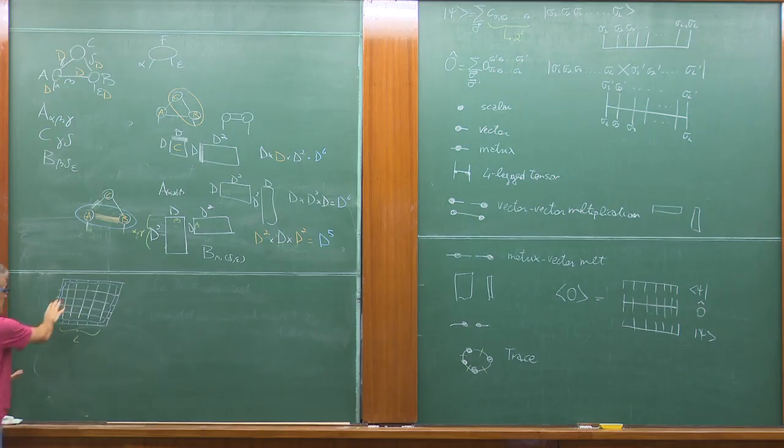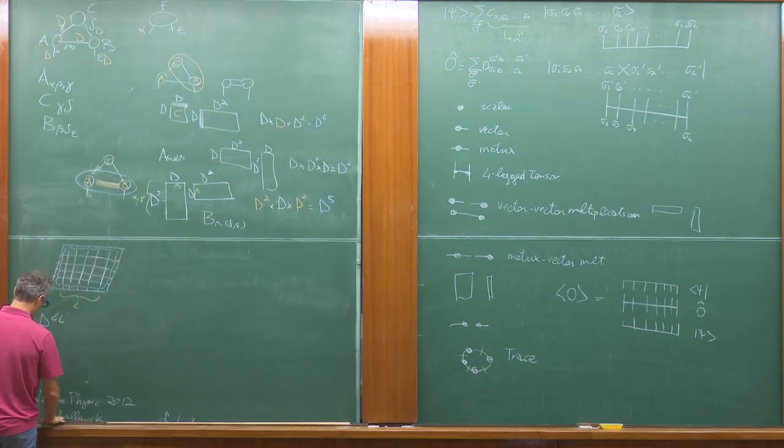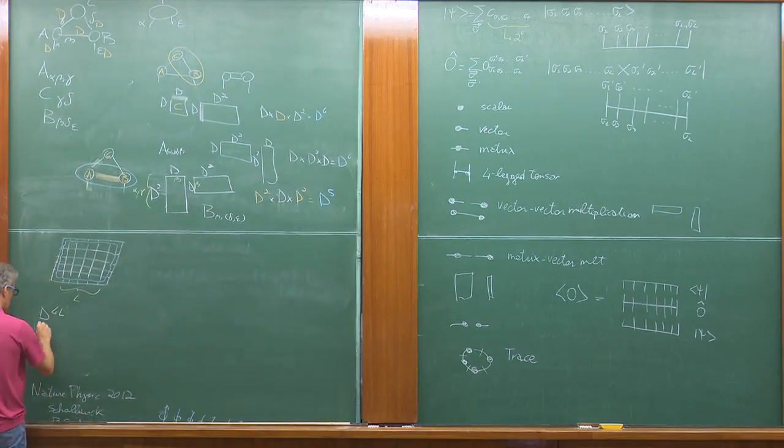Now, how many legs do I have in total that are broken? This is basically L, sorry, 4 L's. Okay, I have 4L legs, and each leg has d indices. So the possible number of combinations that you have is d to the 4L, where d is the number of indices in each leg.